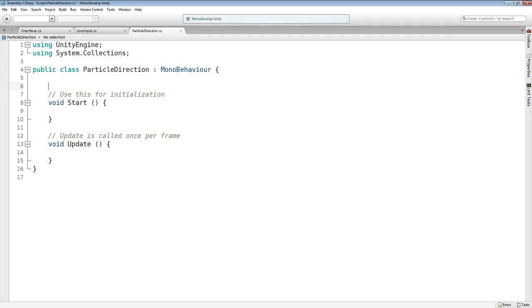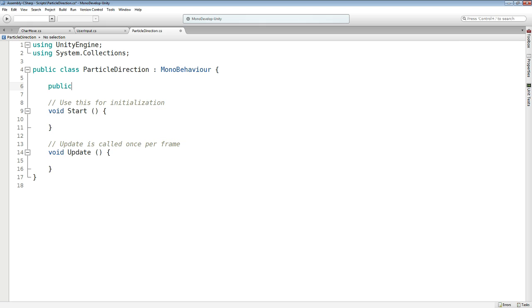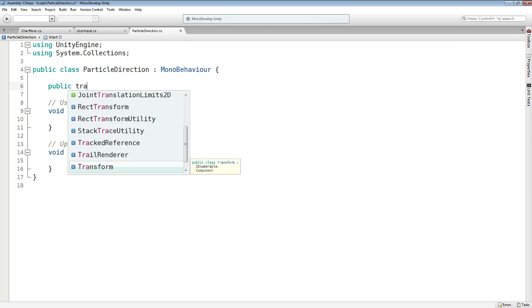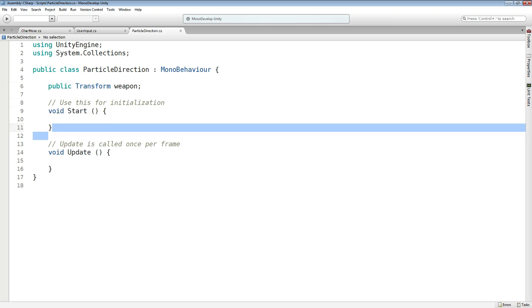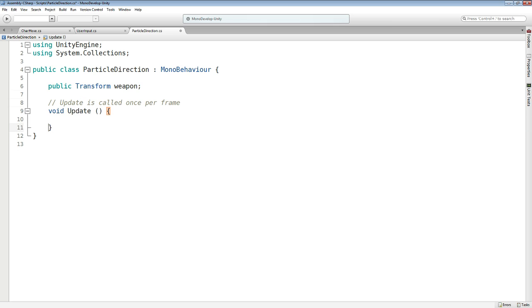Now we only want a transform, we can simply call it weapon, and we won't need the start, and we will say